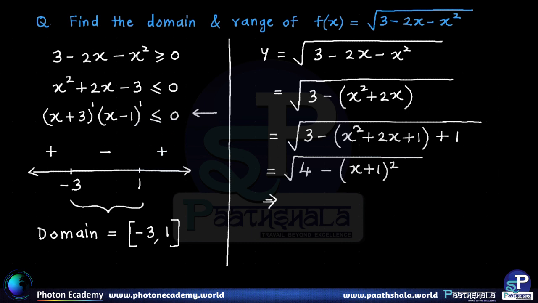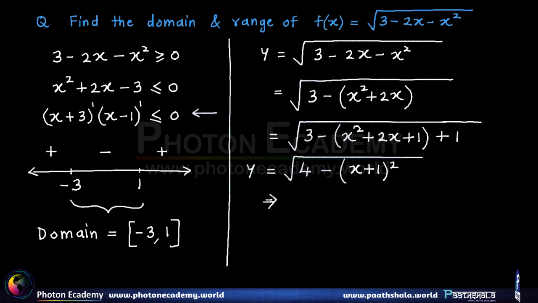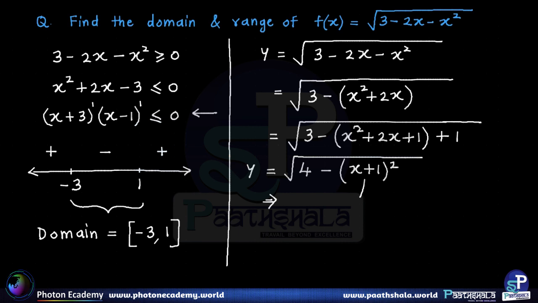Now here you observe that y is the square root of 4 minus some variable quantity. Since the variable quantity is subtracted, when that variable quantity is smallest, we will get the maximum value of y, and on the other hand when the variable quantity is maximum, we will get the smallest value of y. So when x plus 1 the whole square is smallest, which is nothing but 0, in that case we will get y equal to root 4,